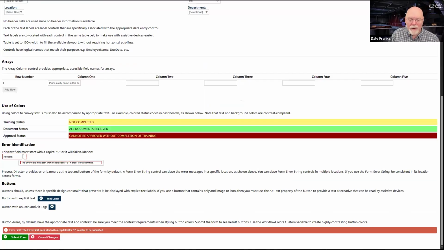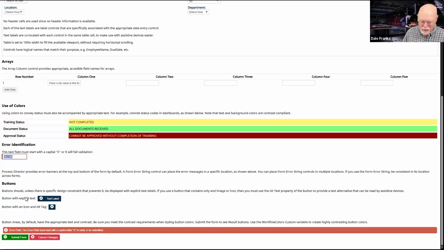I've got this field. It has to start with a capital letter S or I can't submit it. Okay, well, that gives me a lot of information about what the error is in a very small amount of verbiage. So your error messages must clearly identify what the source of the error is and how to resolve it.